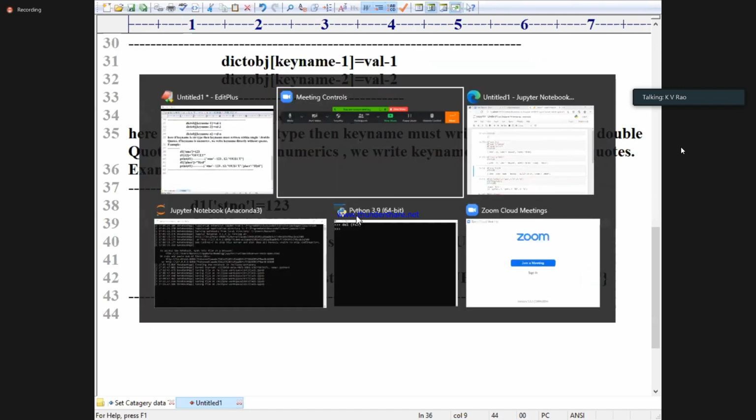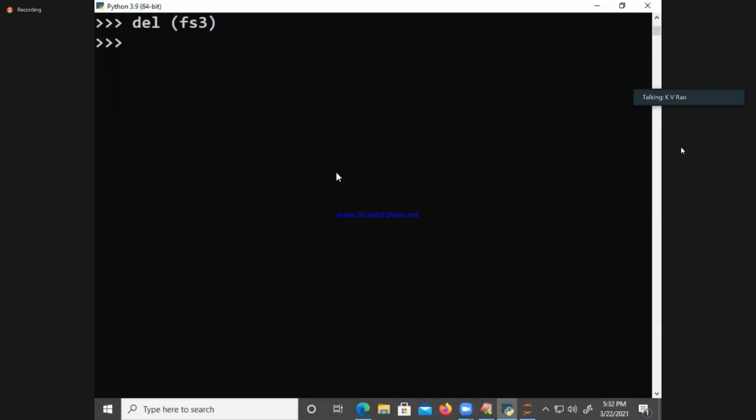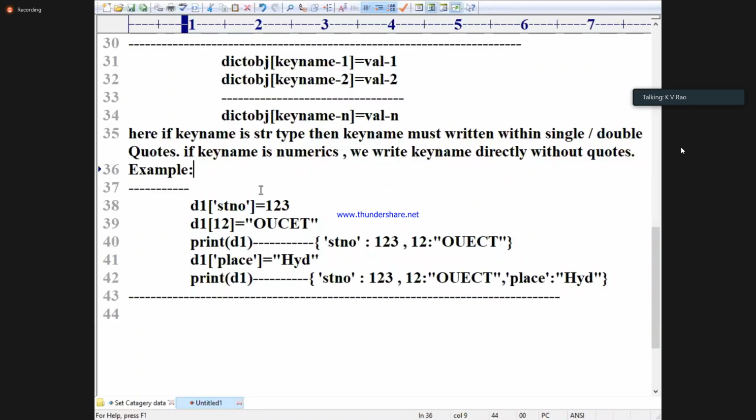Finished? Okay. Right, look. D1 is equal to dict of weekly. Print of D1. Empty. Shall I add the data? I will bring the same data.